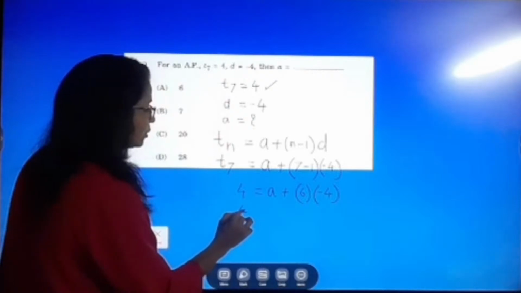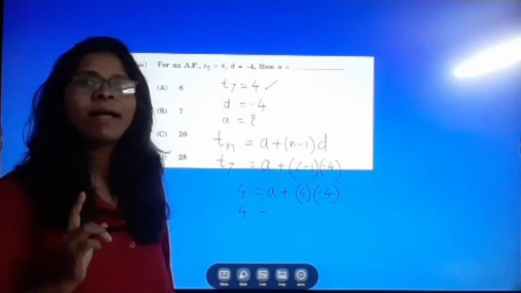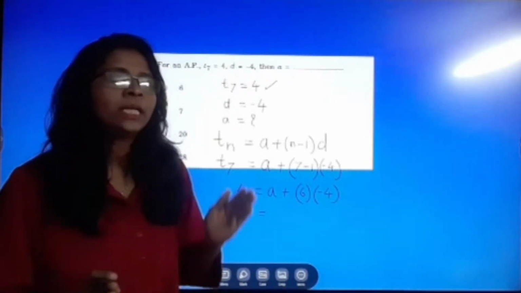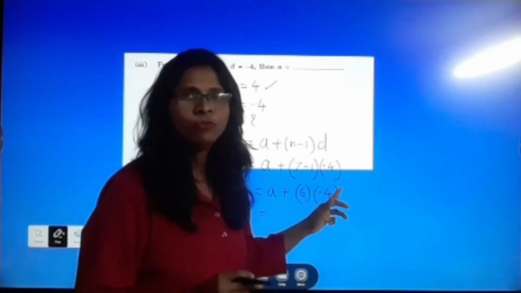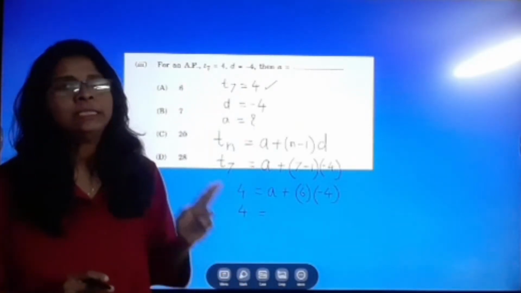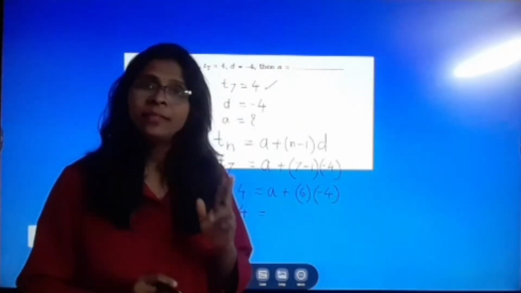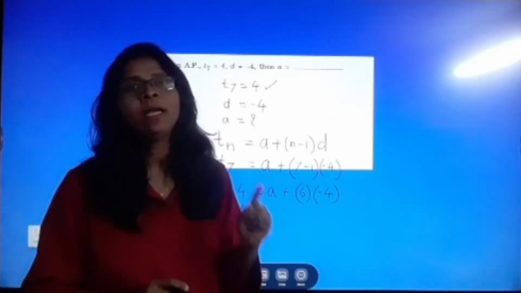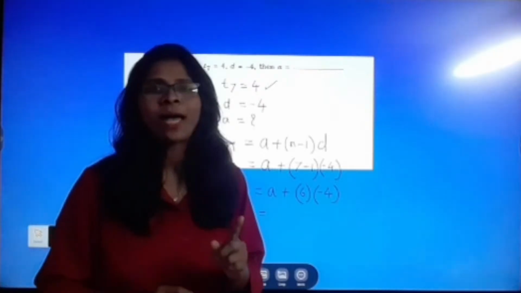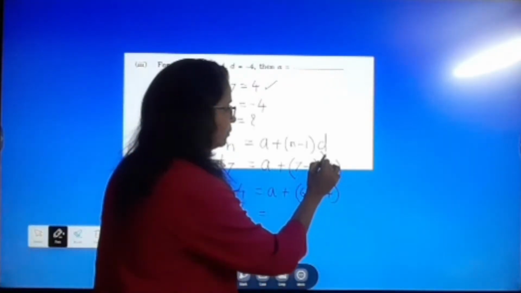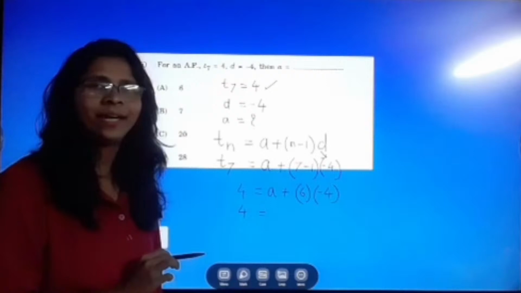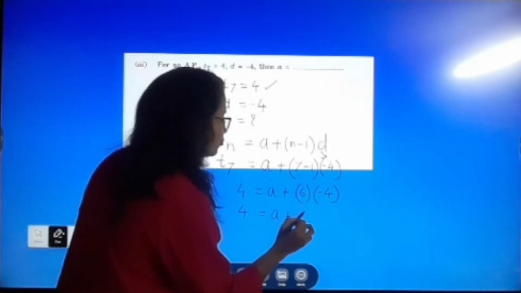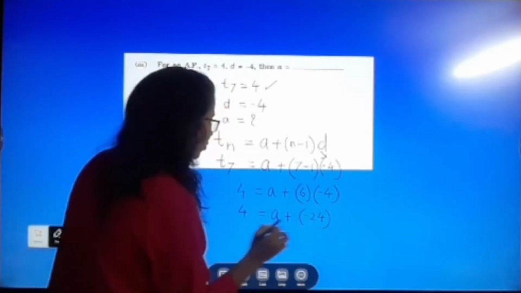And here students, carefully write down the value of D in the bracket, because if you do not write it in the bracket, then there is a possibility of getting a mistake. So here students, you have to write the value of D in the bracket, then you should be correct. Okay, then A plus 6 times minus 4 means minus 24,